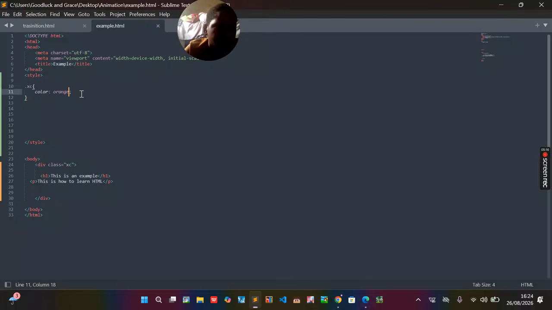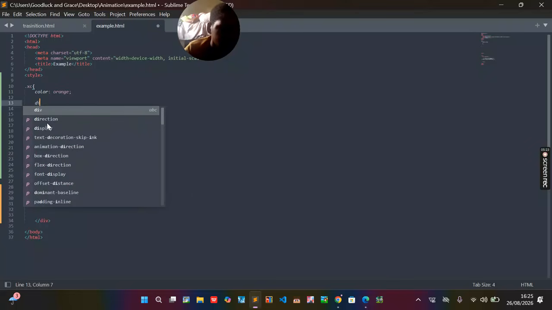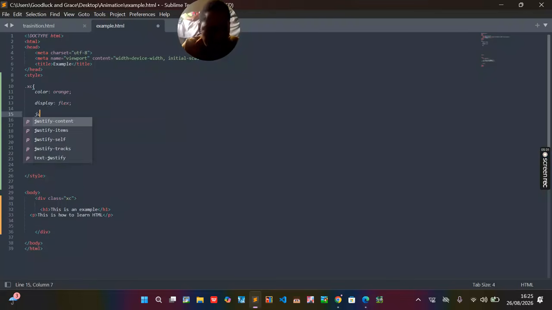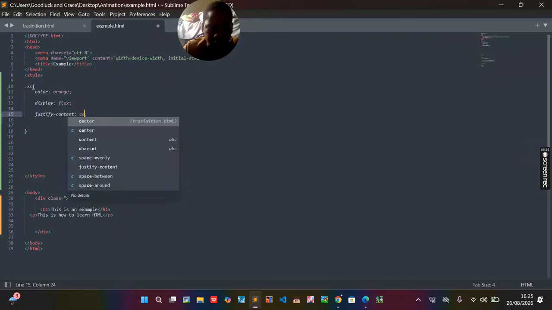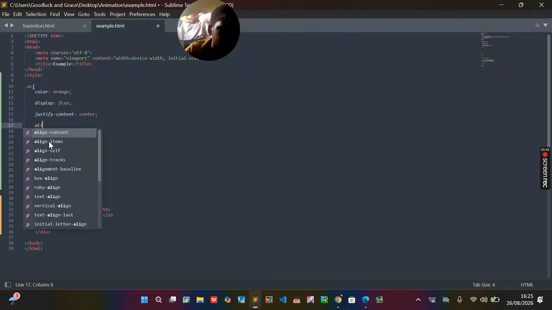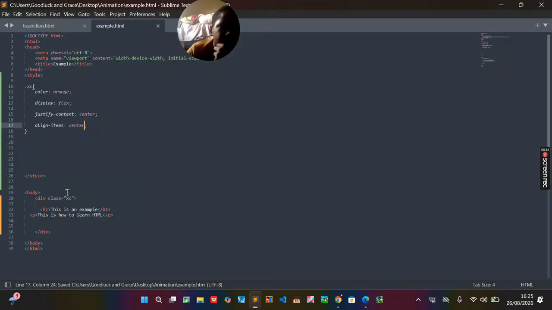If you want to know how to move it to the center, we have display flex. So I just do display flex, then you could do justify content center, and then we have align items. Align items center. Now if we look at it,